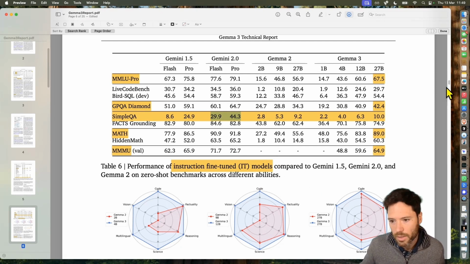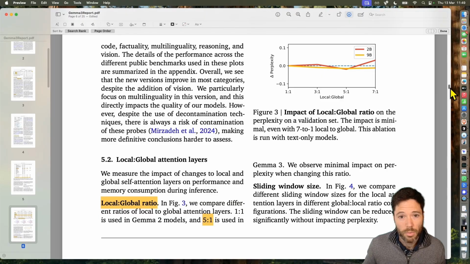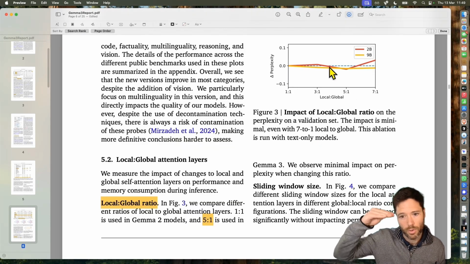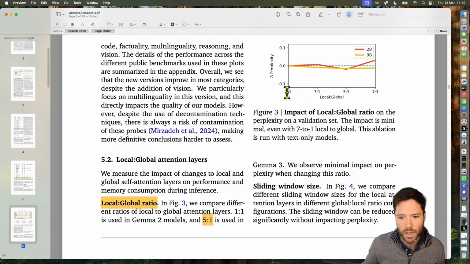But we'll come back to that a little bit later. There are some ablations that are being done comparing different design choices that could have been taken. Here, for example, is the choice of how often to do global attention. Do it every layer, every 3 layers, every 5 layers, every 7 layers. And basically, the team finds that there's not all that much difference. You can go out as far as at least maybe doing it every 7 layers and not see much performance